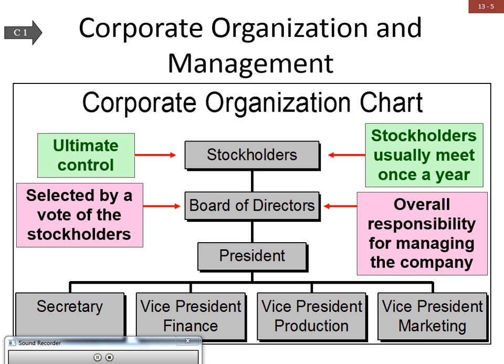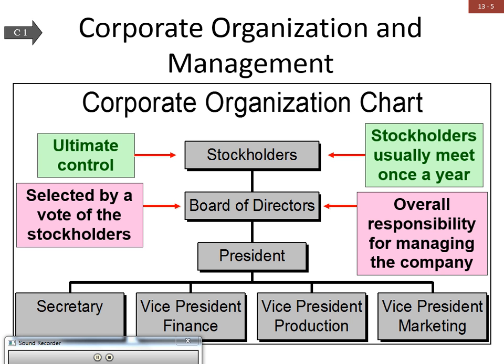electing higher officials. Board of directors, they are selected by a vote from who? Stockholders. Overall, they are the people that are responsible for managing the company, making sure that people like vice president, president, and all that are elected, making sure employees are in place, and also making sure that operations and everything flows smoothly. And then the president and all the people under that person, ultimately, their responsibility is to do whatever the board of directors